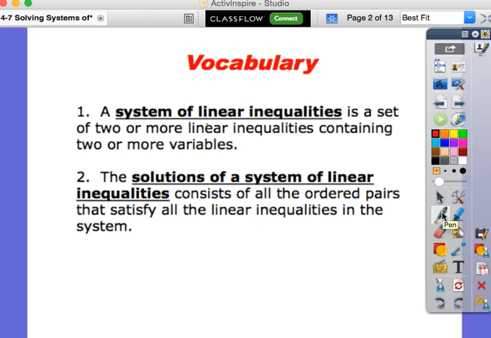So it's very similar to a system of equations where we had two equations. They both had x and y in them. And we had to solve to see where they crossed. Well, inequalities is a little bit different, and you'll see here in a minute. The solution of a system of linear inequalities consists of all the ordered pairs that satisfy the linear inequalities in